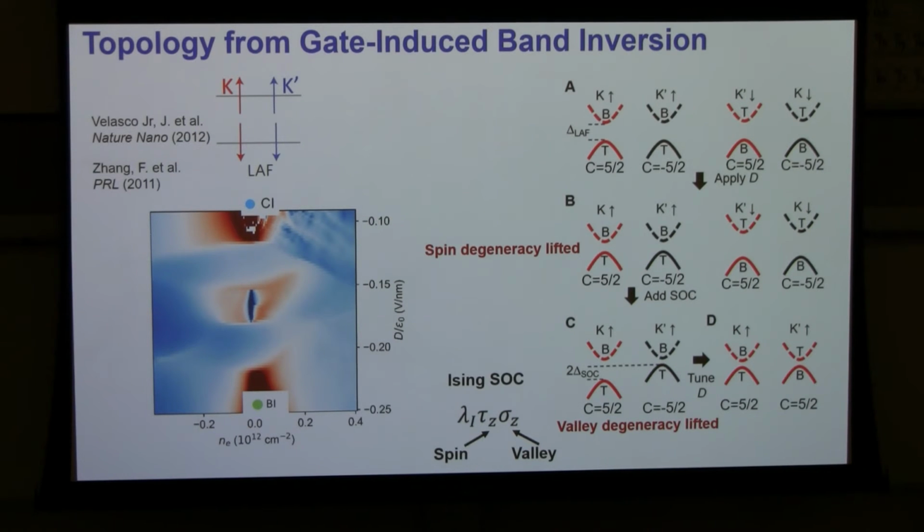And how does one know this? You can measure the band splitting due to spin-orbit coupling by doing quantum oscillation measurement. Okay, you can have two bands that are degenerate, and quantum oscillation gives you one period. But if you introduce spin-orbit coupling, the Fermi surfaces in these two bands are slightly different.